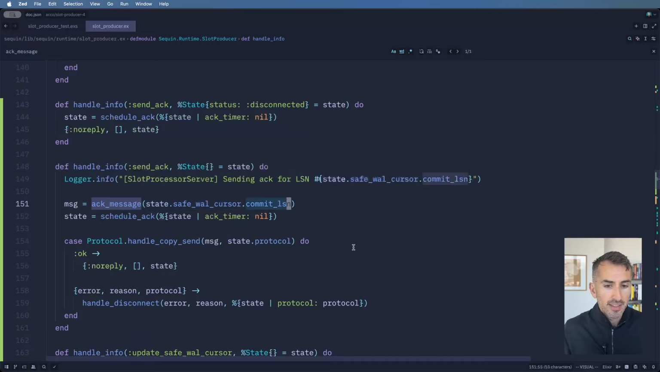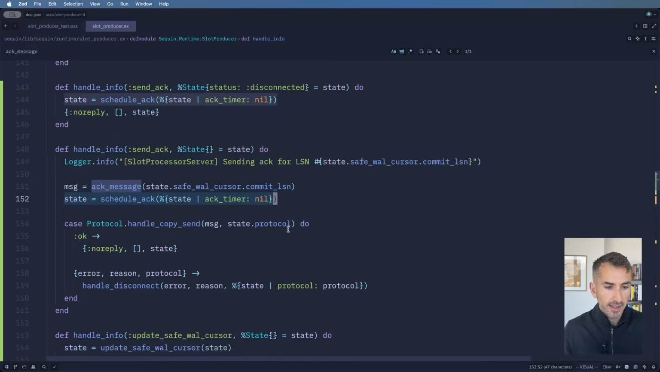And Postgres doesn't have the concept of a commit IDX. So we're just going to tell it the last commit that we have safely flushed downstream. And then we're going to schedule that next ack and use protocol handle copy send to send the server that acknowledge message. So just on that timer, just sending this ack message. The important part, this timer is pretty simple in terms of just run a timer, send an acknowledge to Postgres. The much trickier part